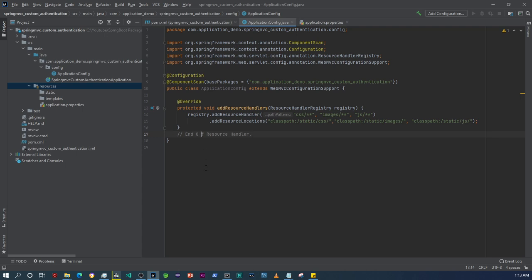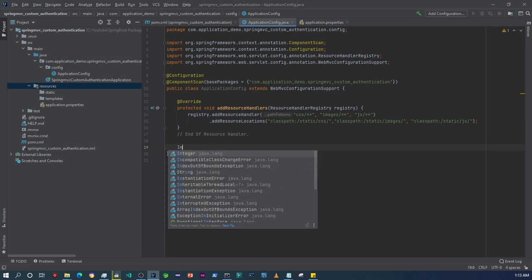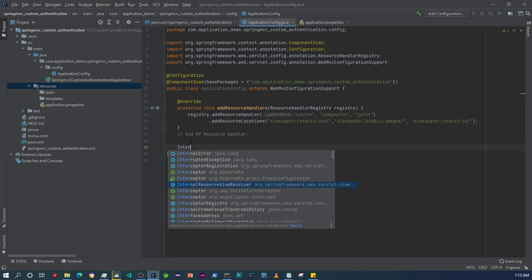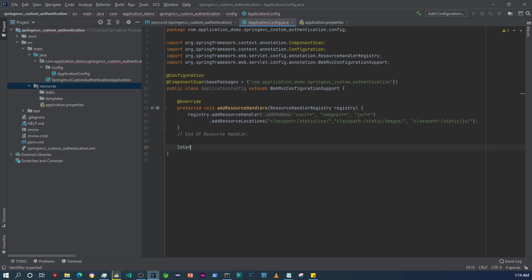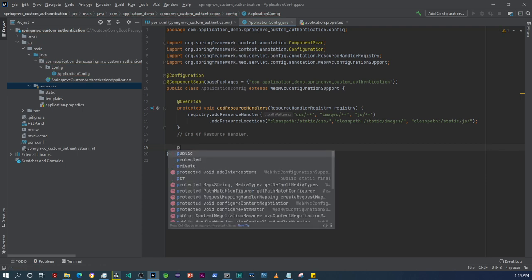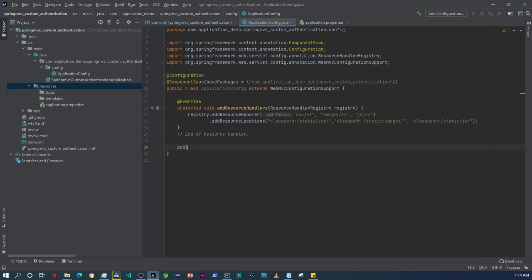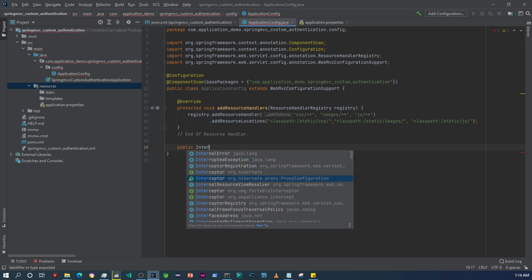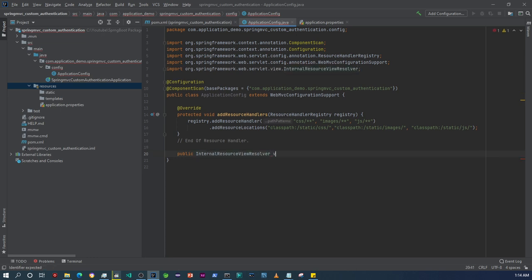Okay, all right. So now the other thing we need to set up here within our application config, I mean our configuration class, is also the view resolver. So for that, I'm gonna say internal resource view resolver. Actually, sorry about that. Let me just say, and then we'll just call it the view resolver,